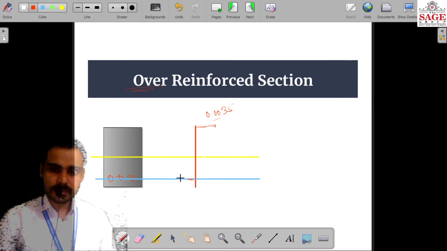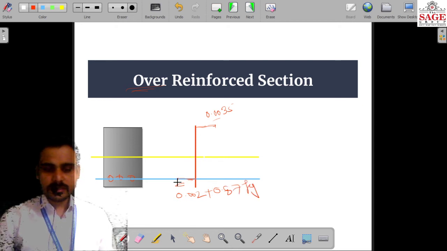But at the same time, when the concrete gains its ultimate strength, the strain in steel is less than its minimum value, 0.002 plus 0.87 Fy. And still the minimum value will occur a little later. But it will not be useful for us, because when the steel gains its minimum strength, the concrete will have already collapsed.